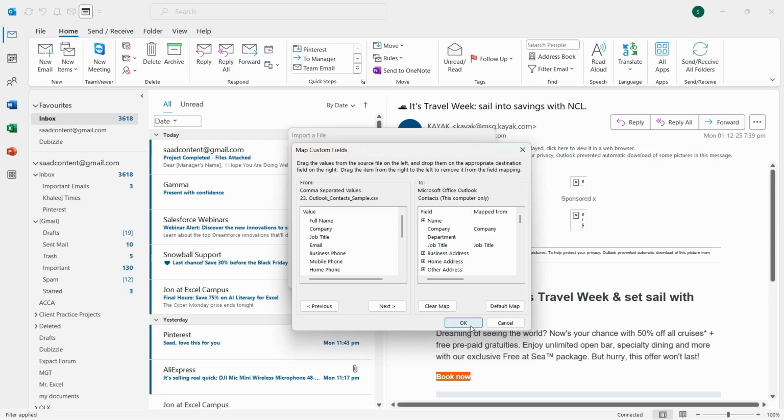We have generated this from ChatGPT. Otherwise, if you have different values, you have to manually match it. Here you can see comma separated values. This is from the CSV sheet and this is the Microsoft Office Outlook fields. But still you can see that although the values are perfectly picked up, Microsoft Outlook still has some different